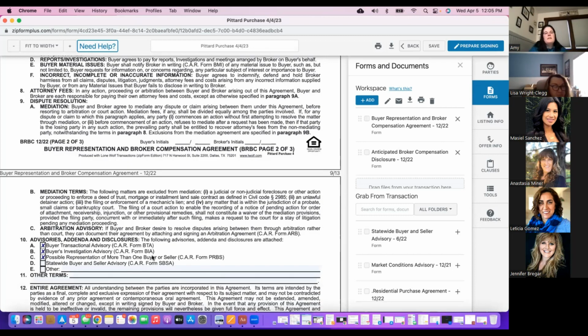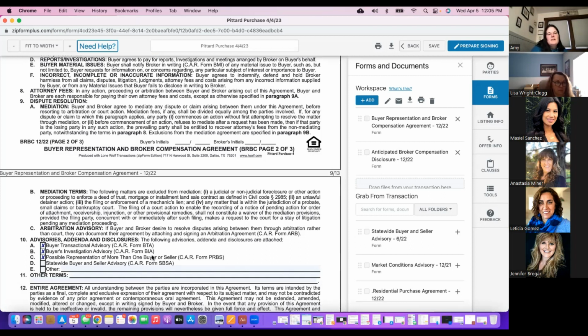Mediation terms. The following matters are excluded from mediation: a judicial or non-judicial foreclosure or action or proceeding to enforce a deed of trust, mortgage, or installment land sale contract as defined in Civil Code 2985, an unlawful detainer action, the filing or enforcement of a mechanic's lien, and any matter that is within the jurisdiction of a probate, small claims, or bankruptcy court. The filing of a court action to enable the recording of a notice of pending action, or order for attachment, receivership, injunction, or other provisional remedies shall not constitute a waiver of the mediation provisions, providing the